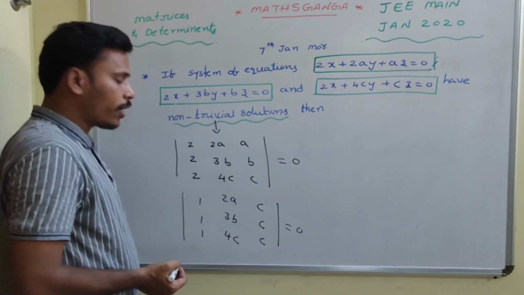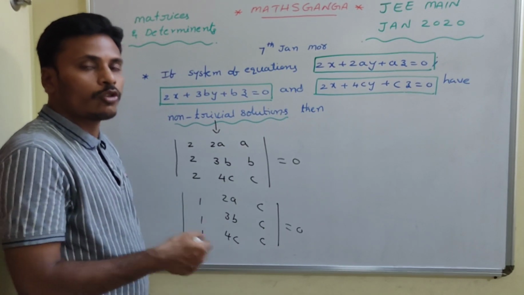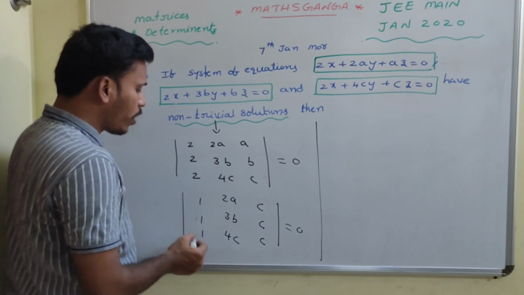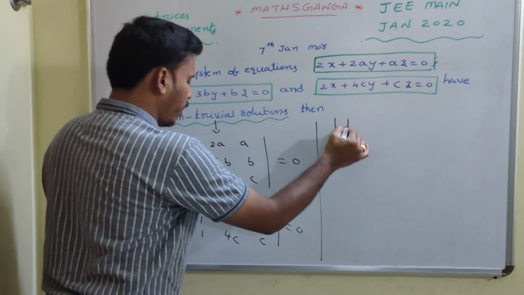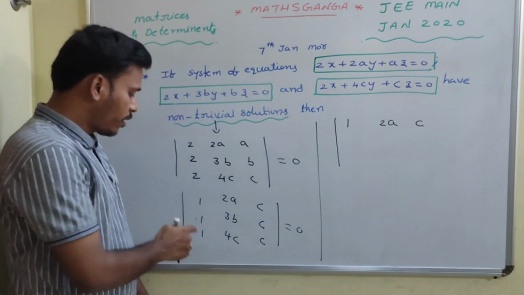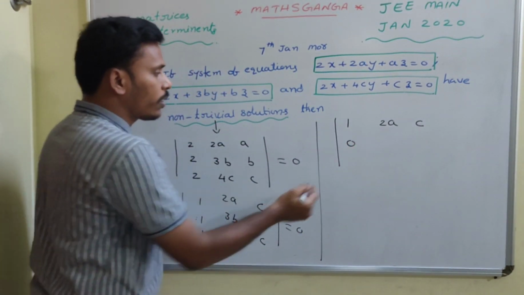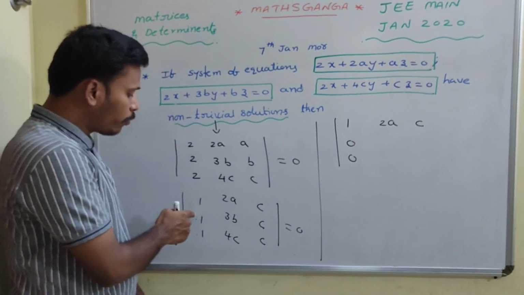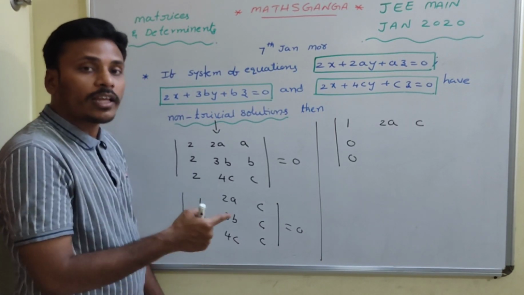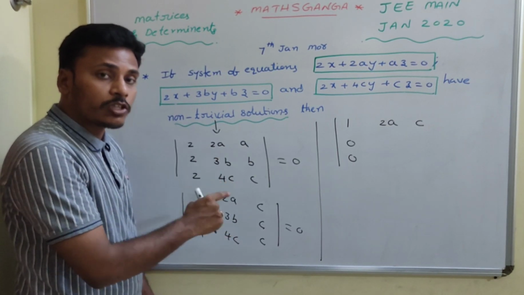That's it. To evaluate the determinant, either you may go with the usual procedure or you may move with the row operations. Here I am trying to make these two zeros. So the determinant of 1, and then 2a, and then c. And here 1 minus 1 is 0, and again 1 minus 1 is 0. I am doing the row operations here. To make these two terms 0, I need to subtract the first row from the second as well as the first row from the third.